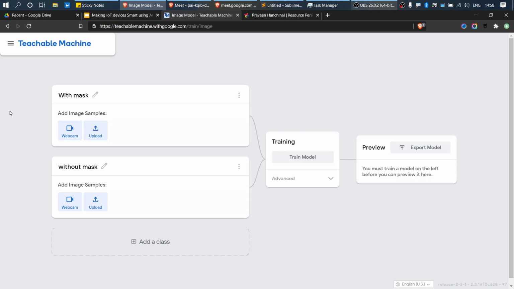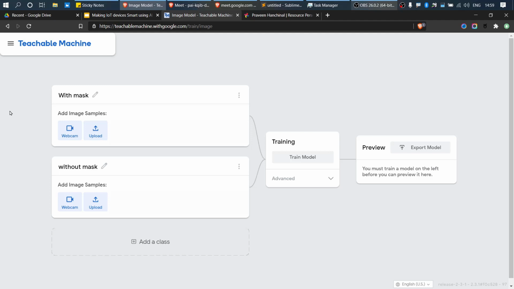This is not actually image recognition. This is machine learning which will take a lot of samples, like 50 images, then learn from them, and finally detect, and then you should be able to export it. Once you export it, you can take the trained model and dump it in some Raspberry Pi or even Arduino.